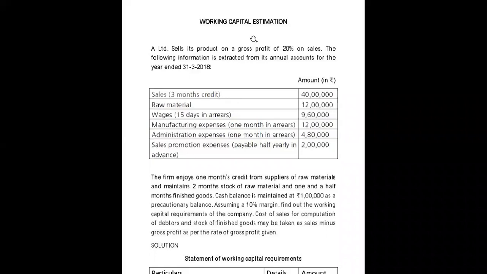Now we have a numerical on working capital estimation. A Limited sells its product on gross profit of 20% on sales. The following information is extracted from its annual accounts for the year ended 31st March 2018. Sales on 3 months credit basis rupees 40 lakhs, raw material rupees 12 lakhs, wages 15 days in arrears rupees